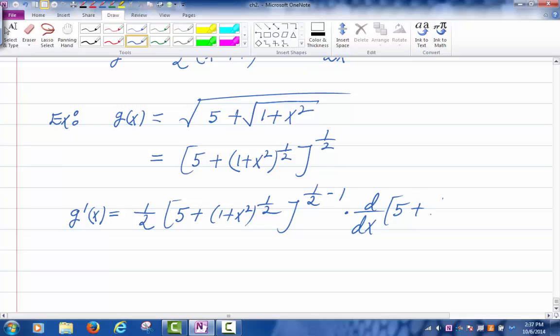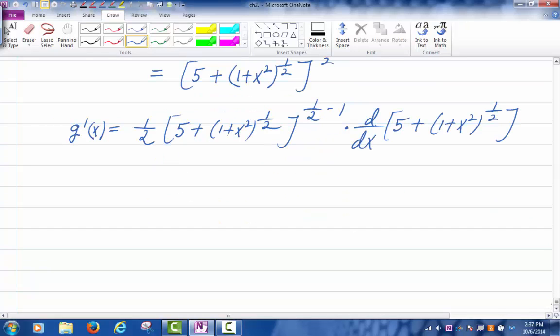So that's this quantity. But this would be half times 5 plus 1 plus x squared to the half. This would be negative half. And derivative of 5 is 0. Now again, you have to take the derivative of this quantity, right? Well, again, you look at this quantity, and your second wish,